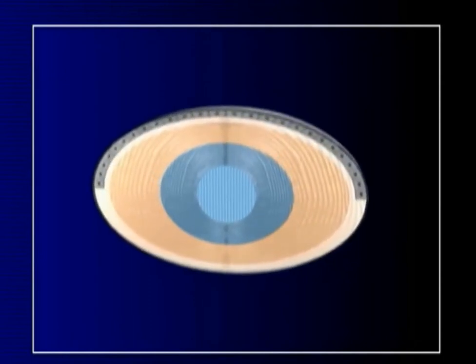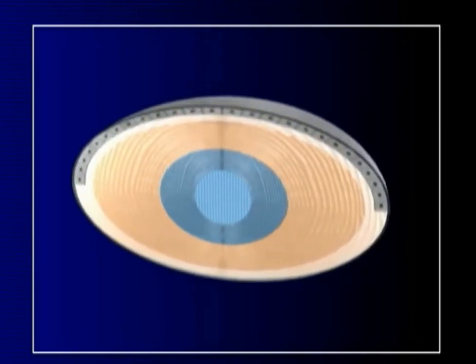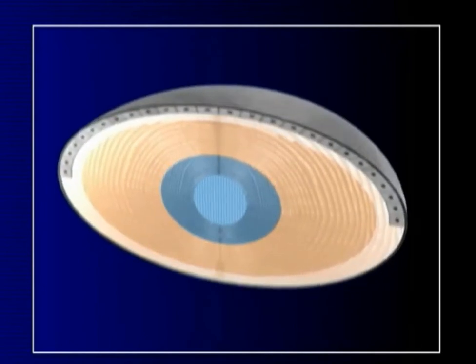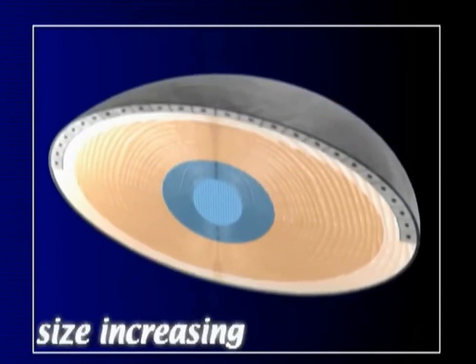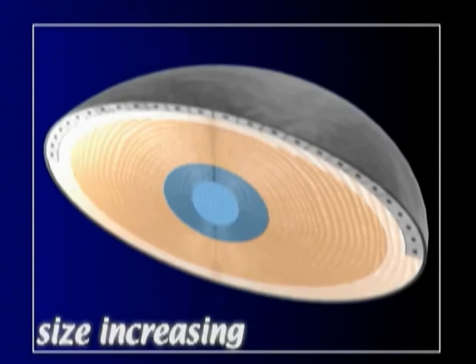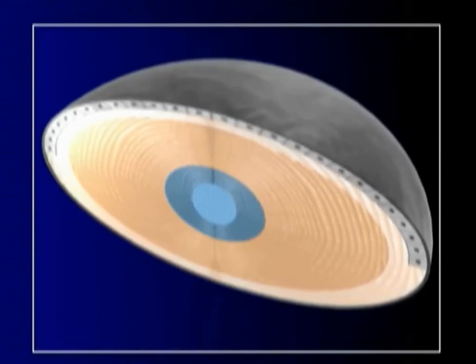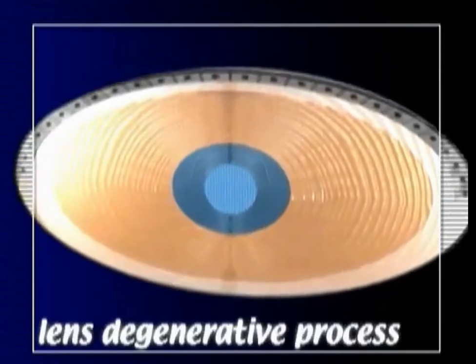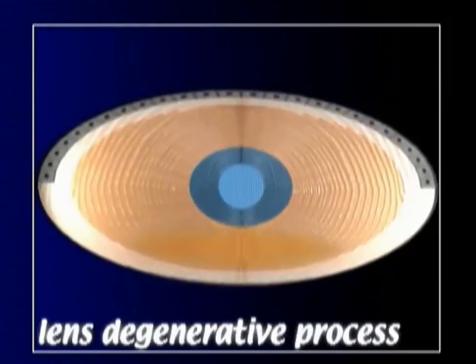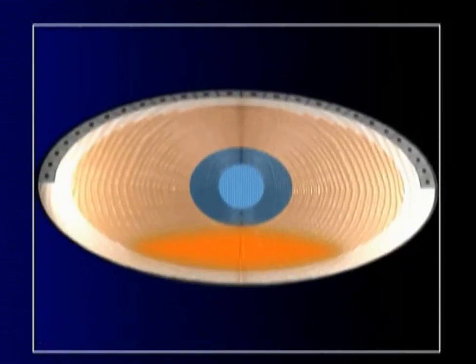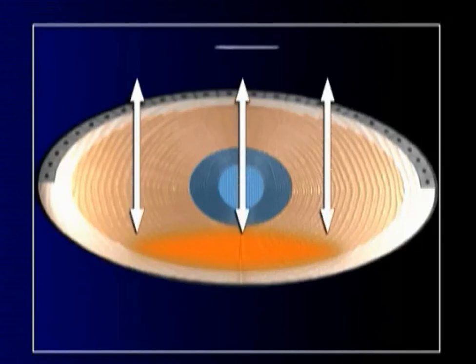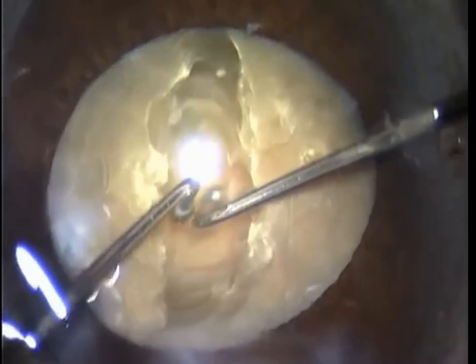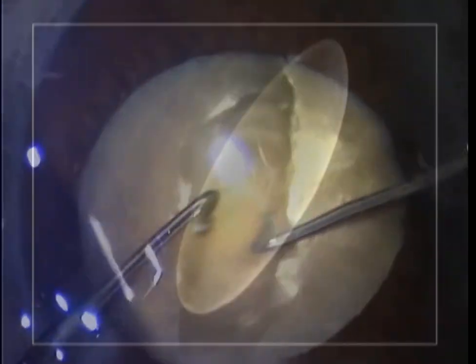After birth, the lens will present few quality modifications, but it will continue to increase significantly in size due to the fact that new cells are produced and turned into fibers. With aging, the lens degenerative process is more remarkable in the posterior pole. This area is farther from the main feeding source of the lens, the aqueous. These two factors, the distribution of the nuclear fibers and the